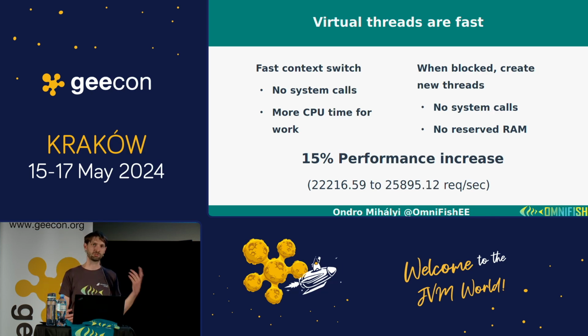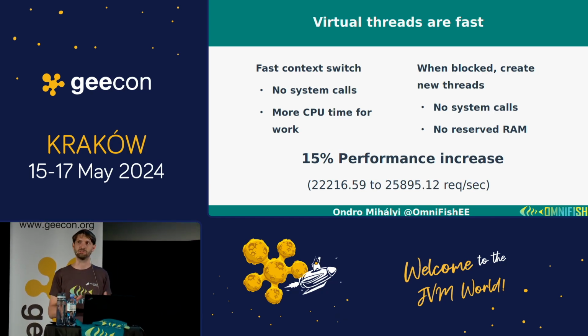And then I also did the same thing with virtual threads, where I create a new thread every time. Every time there is something on the connection and I want to run a task, I create a new virtual thread. Even though I create new virtual threads, I ran a benchmark against my application, which runs 10,000 requests all the time in parallel and storms my application. And I saw, just by switching to virtual threads, about 15% better performance.